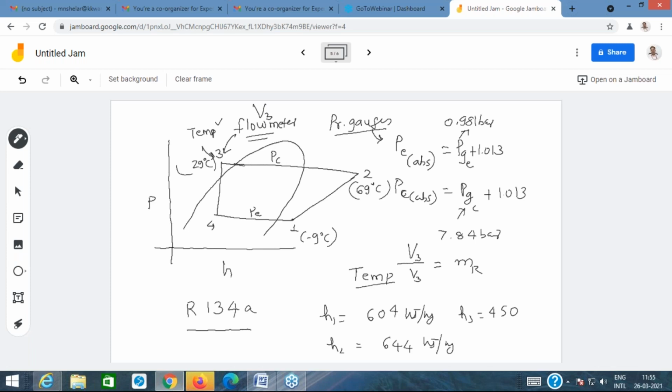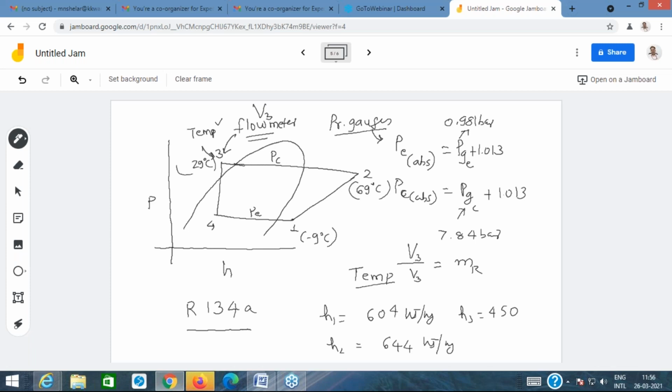Okay, so specific power consumption is per kg of the refrigerant, and actual power consumption is m_R into specific power consumption. Similarly, specific refrigerating effect is delta H across the evaporator, and it would be in kilojoules per kg of the refrigerant. And if you want to find the total refrigerating effect or total refrigerating capacity of the machine, you need to multiply m dot R into enthalpy difference across the evaporator. So this is how you calculate the things for your pull down test.